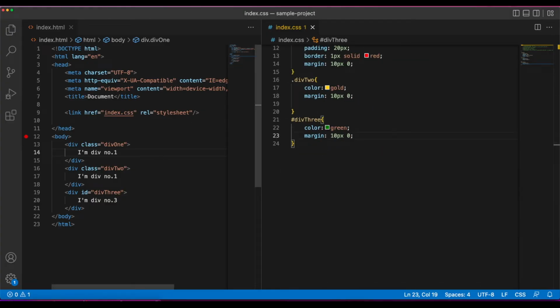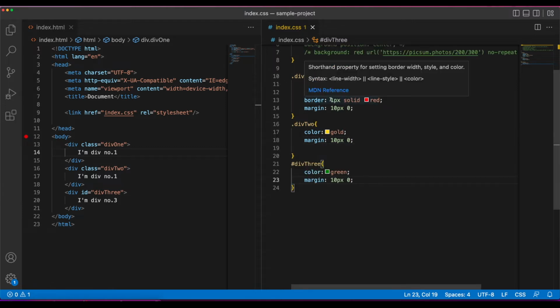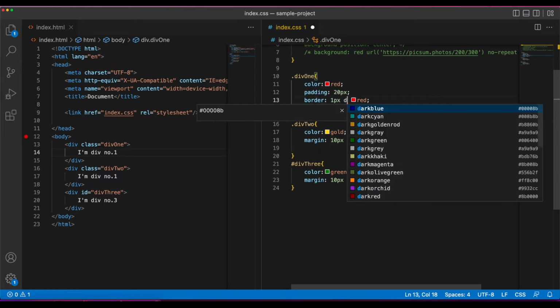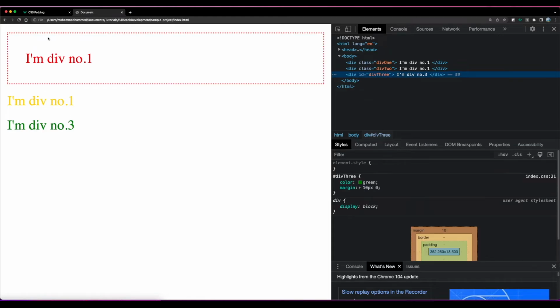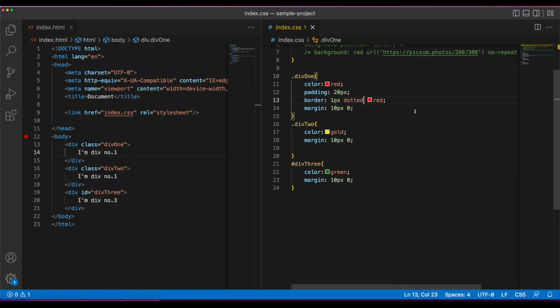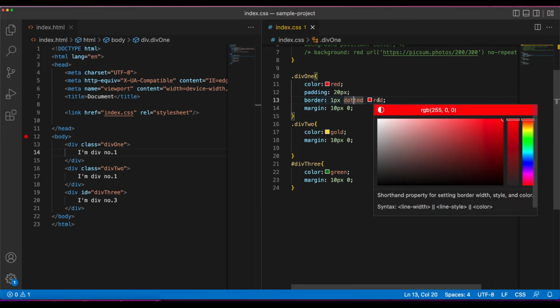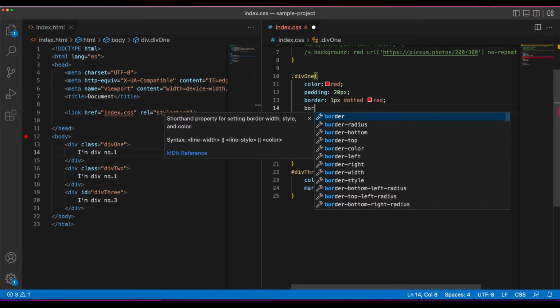Alright, so that's paddings, margins, and borders. The border is basically the width, the type, so you can try doing dotted instead of solid for the border, and you will get this dotted style. So this is the type of border that you'd like, and this is the color. So width, type, and color. There's different types